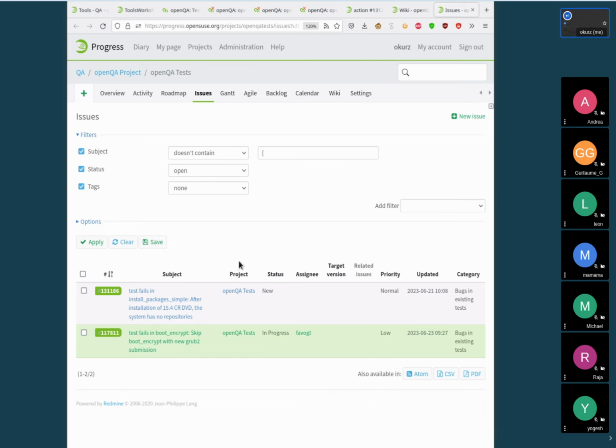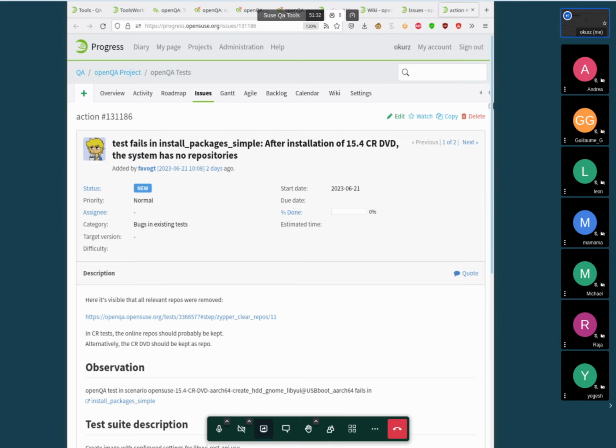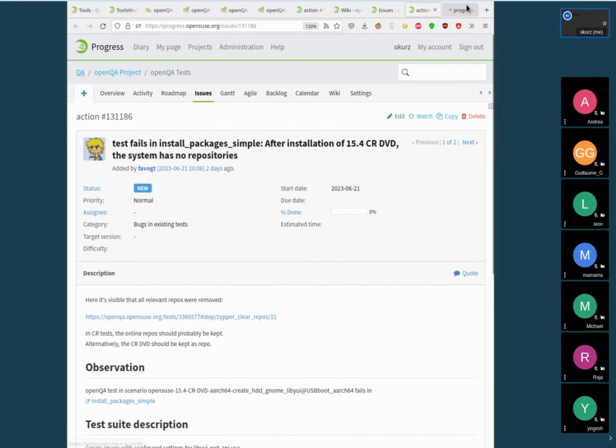And for that one, test fails install package simple after installation of 15.4 continuous rebuild DVD. The system has no repositories. I guess that one should go to, I know that now with internal knowledge, but I'm saying this is what the person doing triaging should do. I think that should go to the QE core squad. How do we know about different teams? Well,